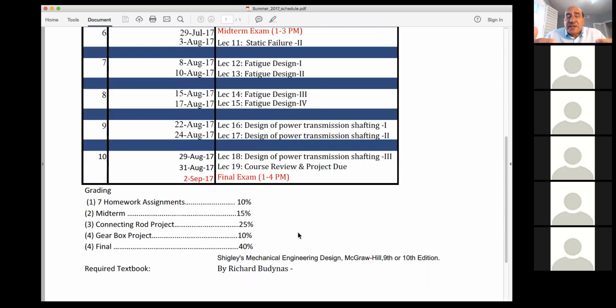You can have many different configurations: intersecting axes, parallel axes, or inline. So we have a specific requirement, and this project is to be done mainly by MATLAB. You have MATLAB availability, so you can code the equations, get the solutions and get your results. And at the end, you should be able to do a SolidWorks visualization of that gearbox.